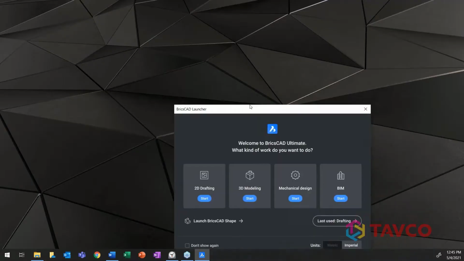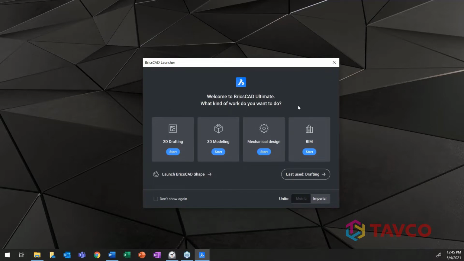Okay, so when you launch the program, the first thing you'll see is the BricsCAD launcher. Notice that we're using BricsCAD Ultimate, which includes the entire suite of products, including 2D drafting, 3D modeling, BIM, and mechanical design. All of these versions run on the same BricsCAD platform, so there's no need to switch to different